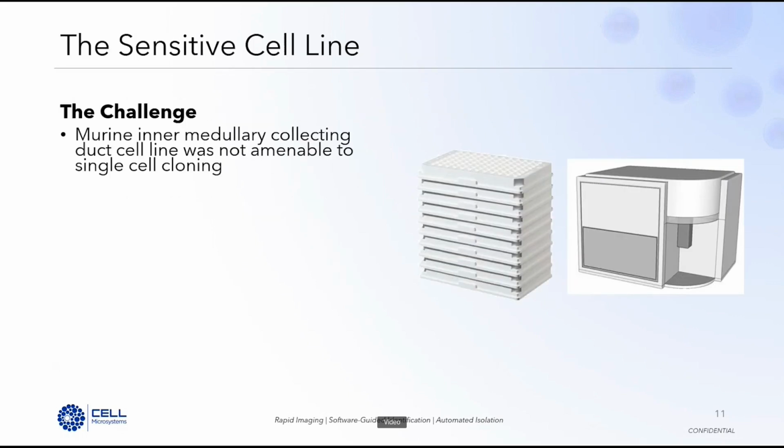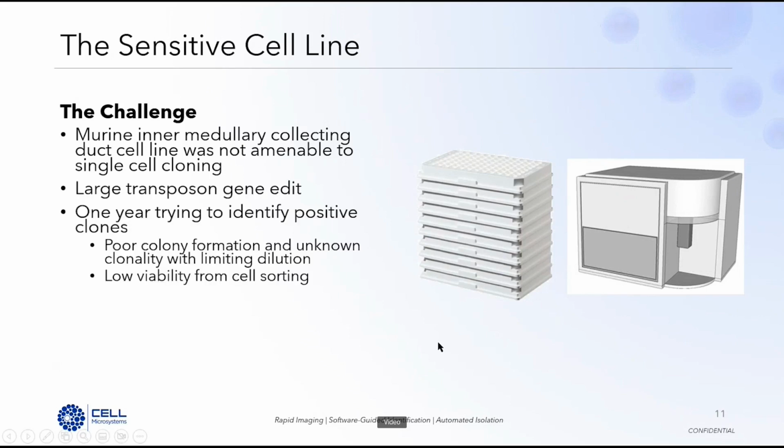As I'm sure you know, many edited and even parental lines do not enjoy being sorted or isolated alone in a well. As Jessica mentioned, traditional methods lead to low cell viability and make it difficult to derive healthy clones that meet the researchers' exact criteria. We had a researcher working with a fast-growing murine intermedullary collecting duct cell line that had these struggles. They had a large, somewhat toxic piggyback transposed gene and attempted for a year to get a healthy